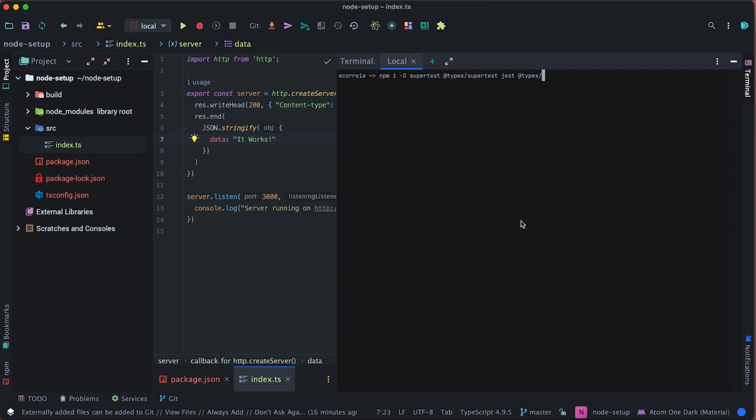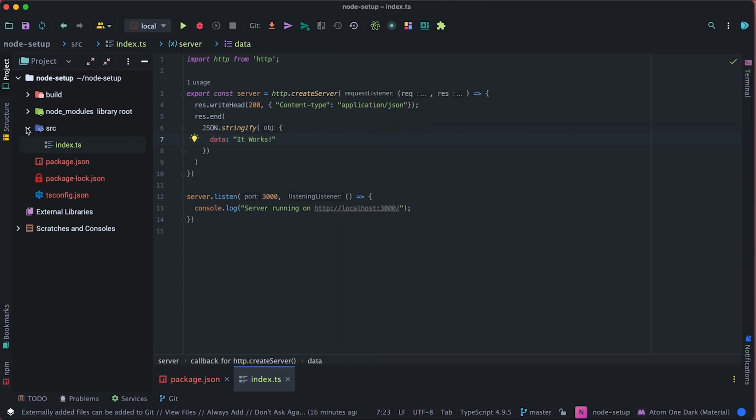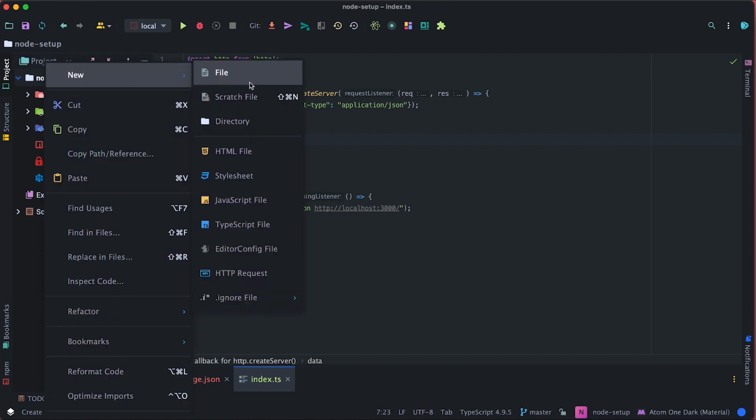I'm also going to do types for Jest, and finally we're going to use ts-jest, which is like ts-node but just for Jest. It's a TypeScript cousin, brother of Jest. So you can install all these packages, and while that's going, I'm gonna come here and create a file called